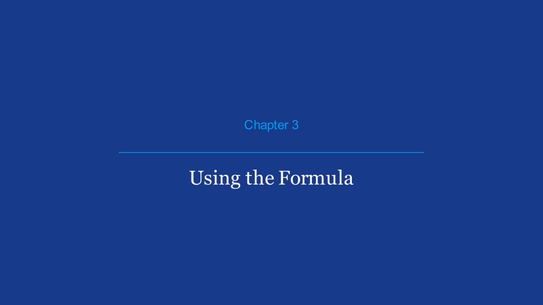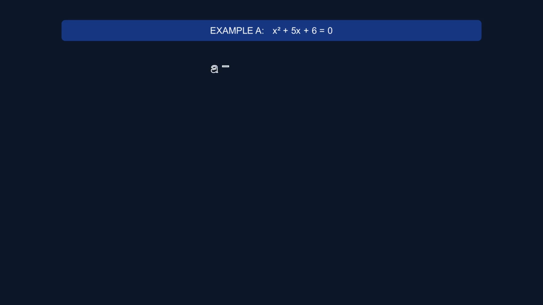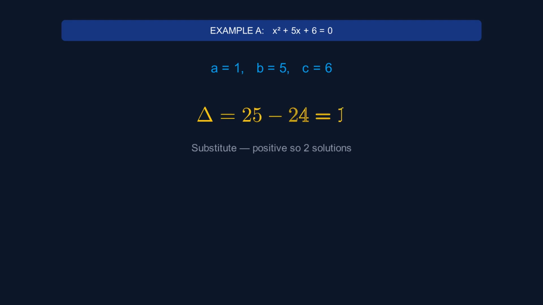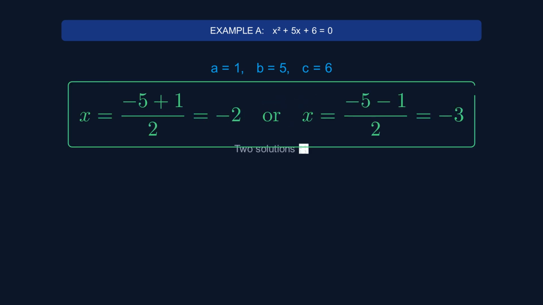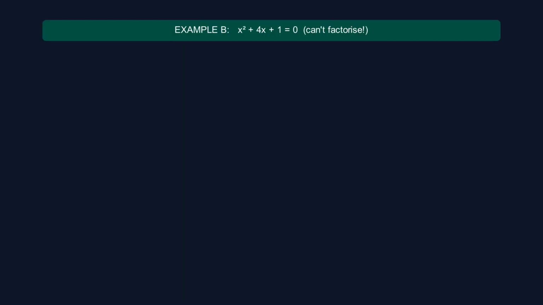Chapter 3, using the formula. Let's use it on x squared plus 5x plus 6 equals 0. Here, a equals 1, b equals 5, and c equals 6. Substitute these values into the formula. This gives us negative 2 and negative 3, the same answers we got by factorizing, but now we are using